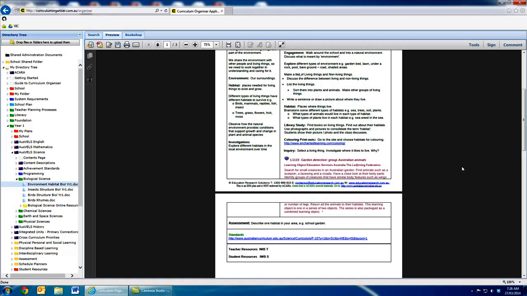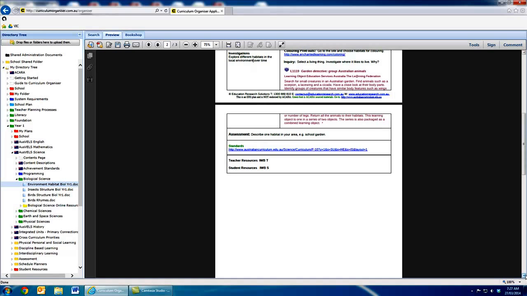Resources are also provided either as links, and in this particular case we have also a learning object. The learning object is shown in maroon font, so that students may go into Scootle and enter L1119 Garden Detective and engage in that interactive activity. You will notice that there is an assessment task at the bottom of each of these teaching units and the